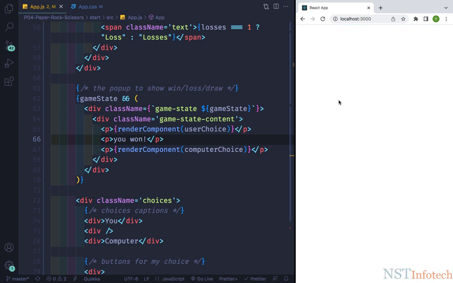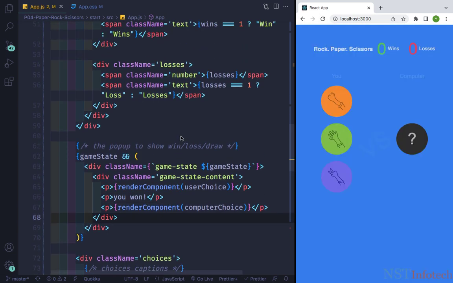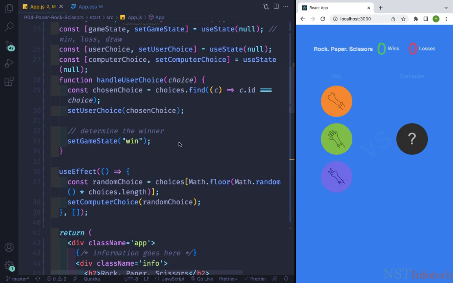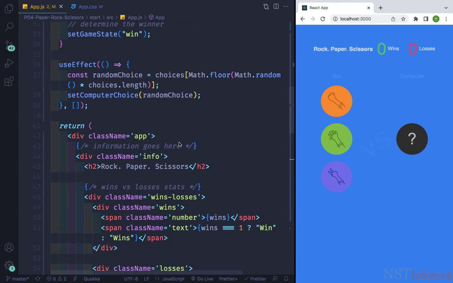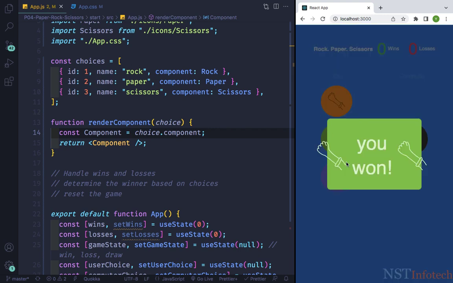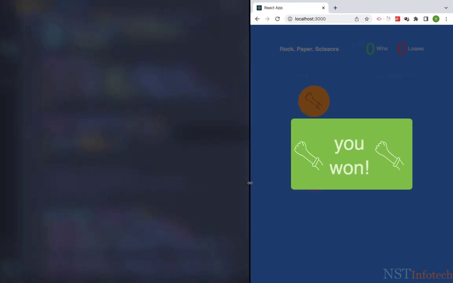If I click here, nothing happens. So in the function, let's go up, and here we have passed this choice. Let me copy this, and this should be choice and not choices. Let me save this, and let's refresh it. Now if I select any of these, as you can see, this is the user icon and this is the computer icon, but